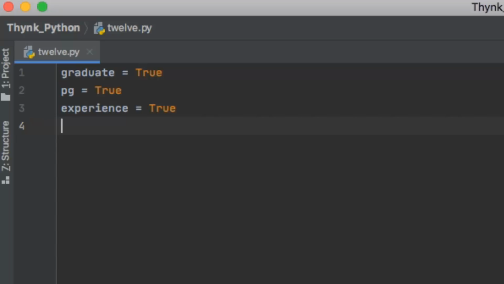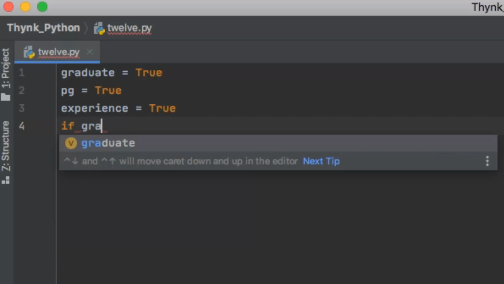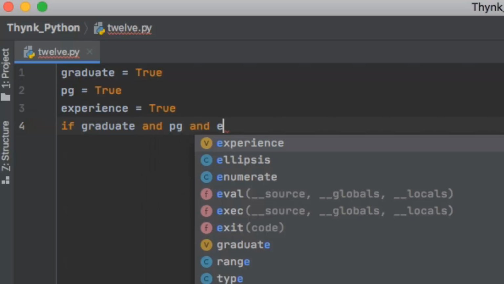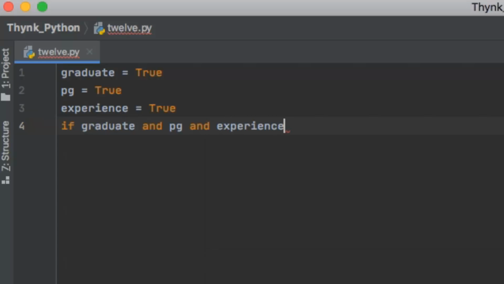So the condition becomes: I want all three to be true at the same time, so for that we'll use the AND operator. If graduate and PG and experience,